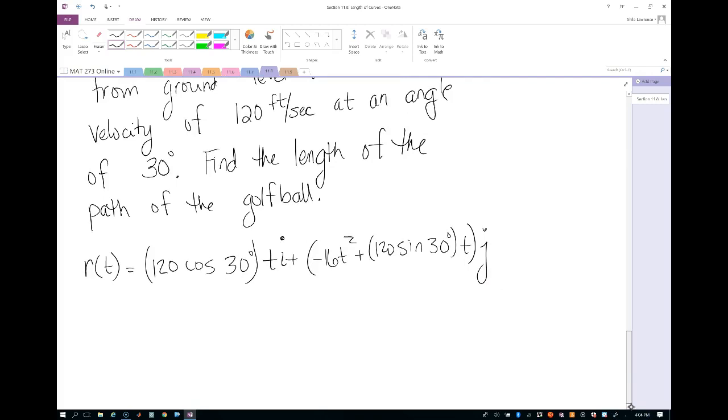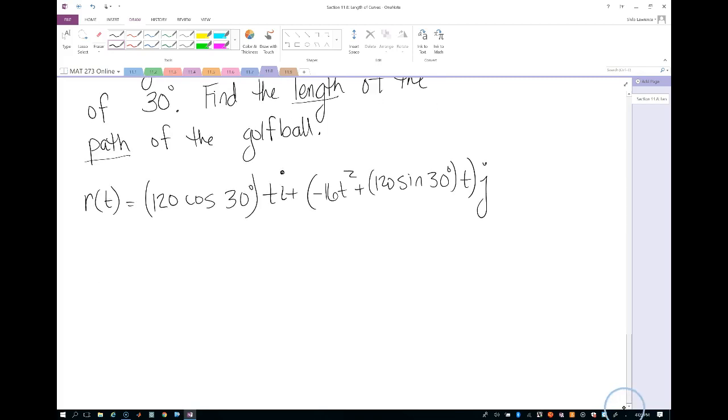We could simplify these trig values because they don't have any unknowns, and we could take our derivative. But if you think about it, our final answer needs to be the length of the path, which is arc length. And arc length is a definite integral. We have to have a starting point or a starting time and an ending time. So we could assume that the time starts at 0, but we don't know an ending time. So really what we need to do first is figure out when this ball is going to